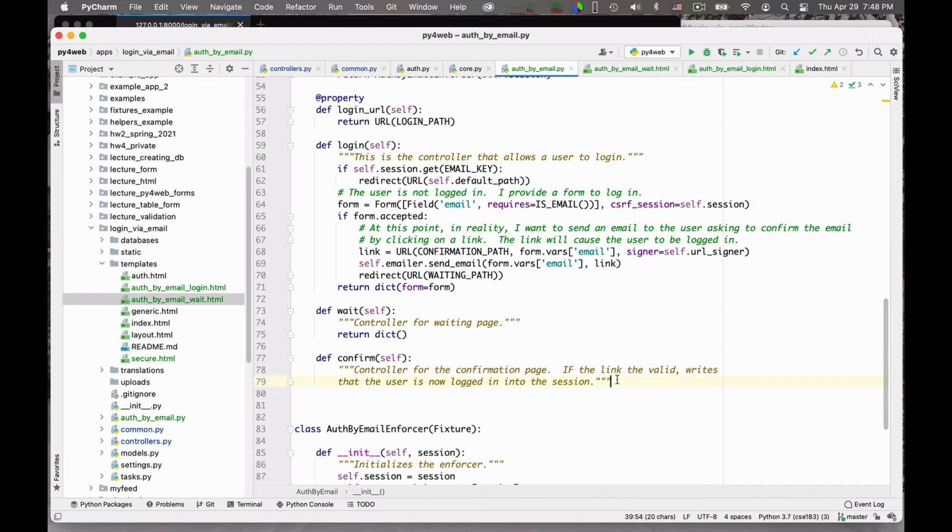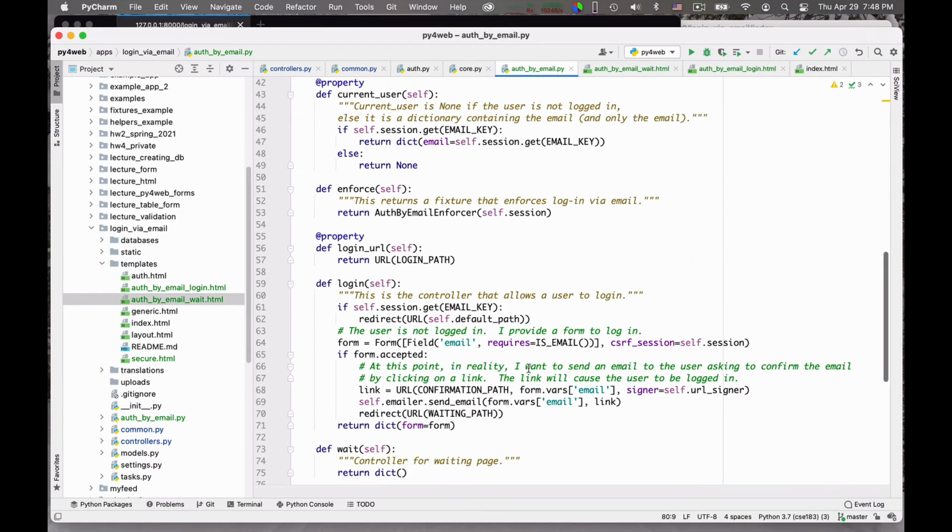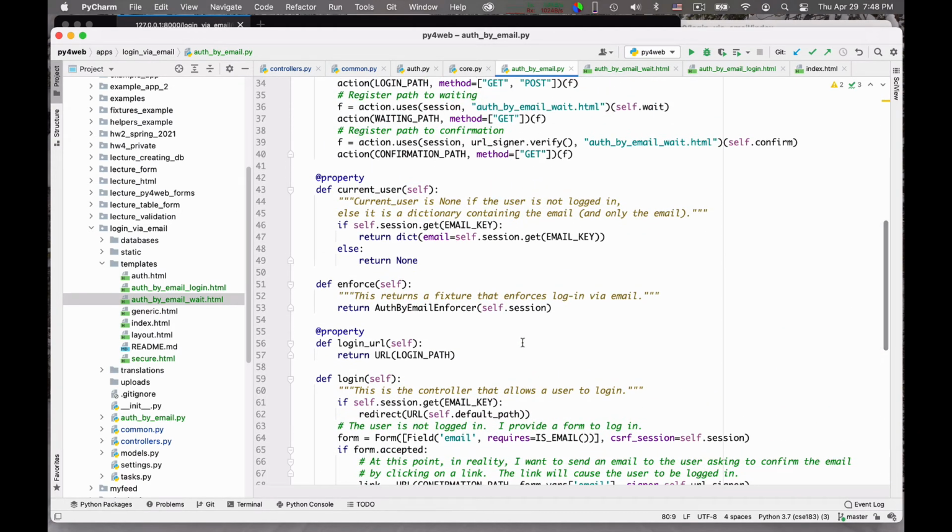At this point, actually, the act of registering is quite simple. Oh yes, it's quite simple, except I made another mistake, because the path we are gonna get is gonna be a confirmation path plus /email, right?